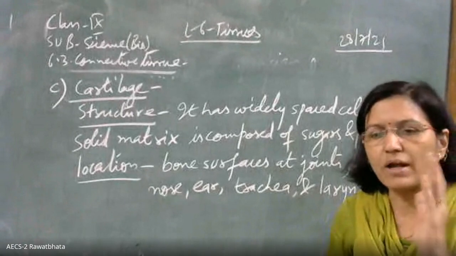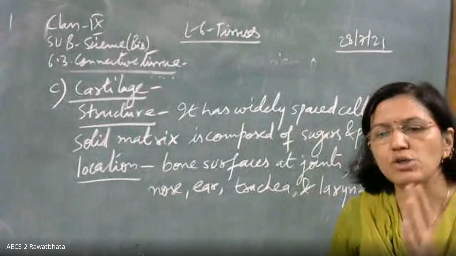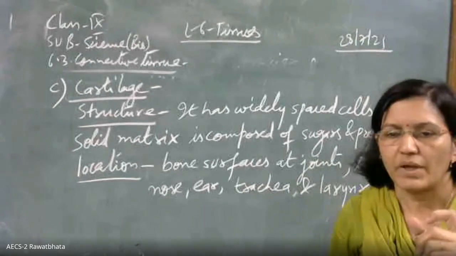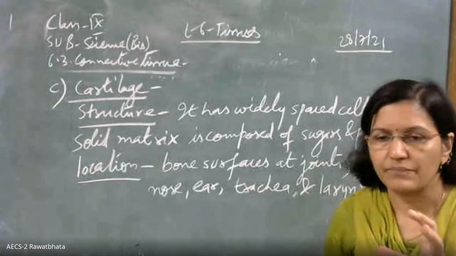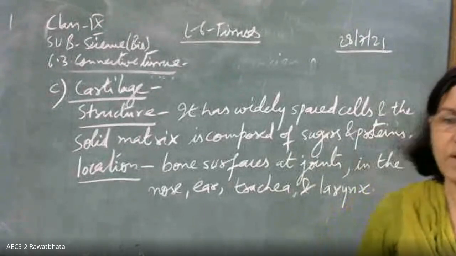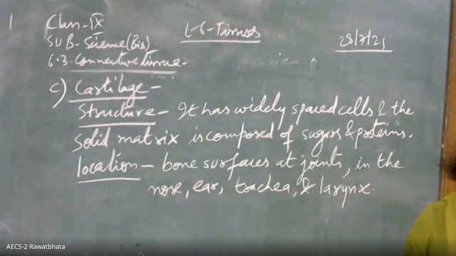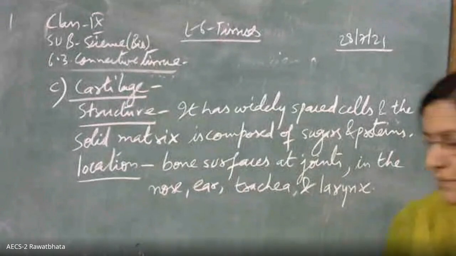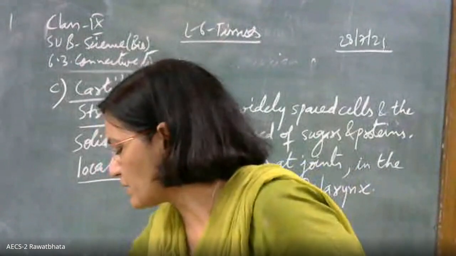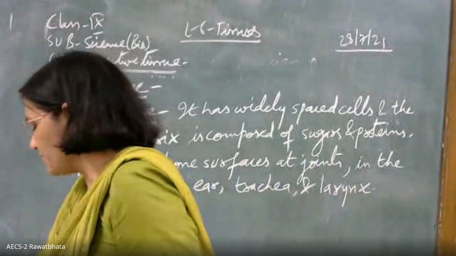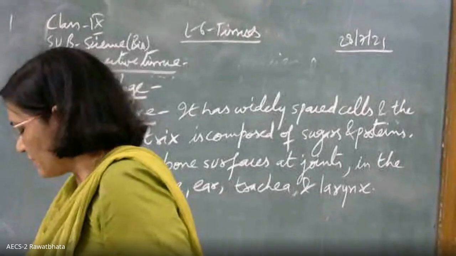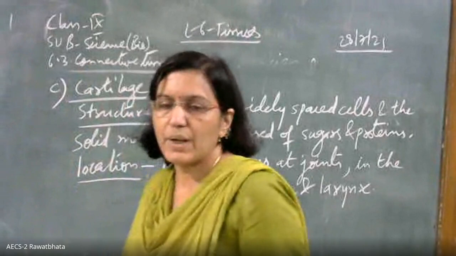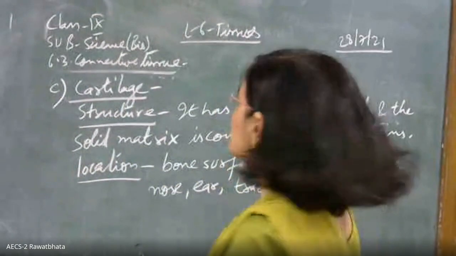What about areolar tissue? Areolar tissue is actually, you can call it a filler tissue. It fills the space. Okay, so whatever space is left, that has been filled by areolar connective tissue. That is the D part we are going to write for areolar now. And we'll wind up this connective tissue today so that tomorrow we may begin with the next tissue, that is the muscular tissue.